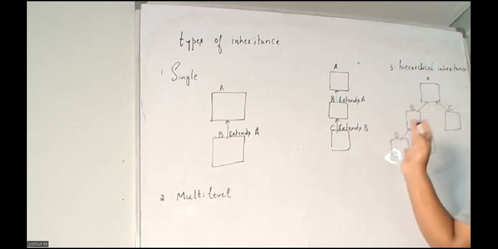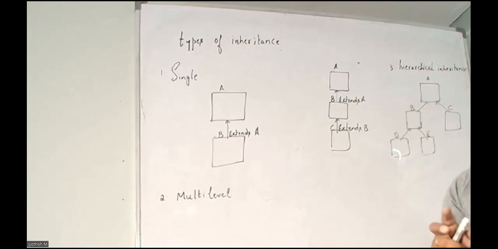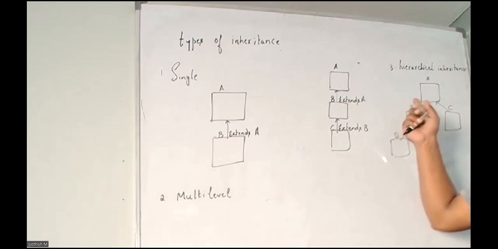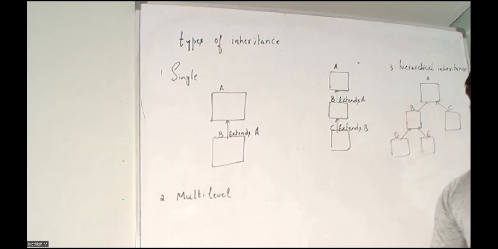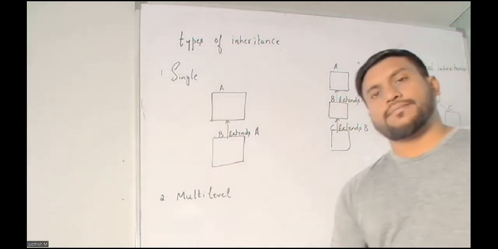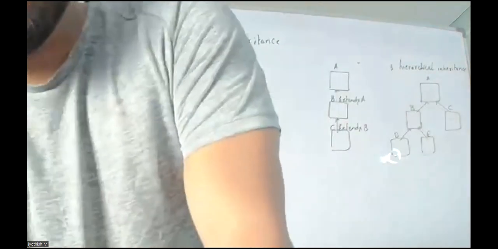This is like in hierarchical. When for one superclass you have more than one subclass, this is hierarchical inheritance. You understand this? So how? Say, for example,